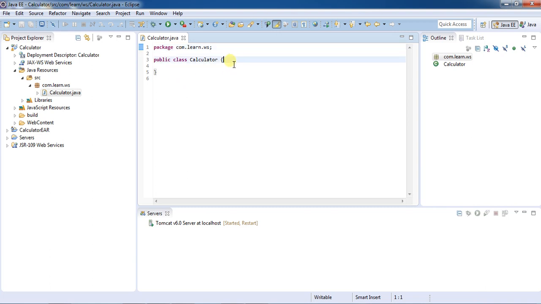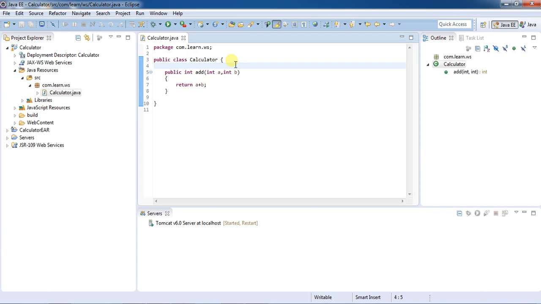So this class will be acting as the web service. Whatever method we define within this class will be a part of the web service method. So let's create a simple method. As you can see, this method is taking two arguments a and b and returning the summation of those arguments, a plus b. So that's it. This is a simple addition method.